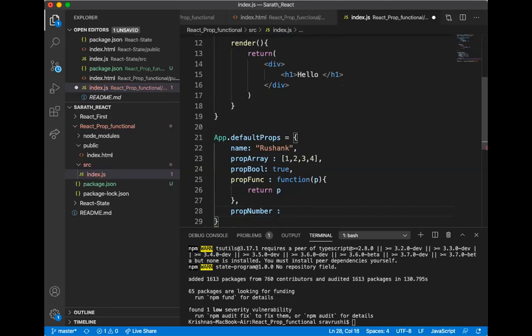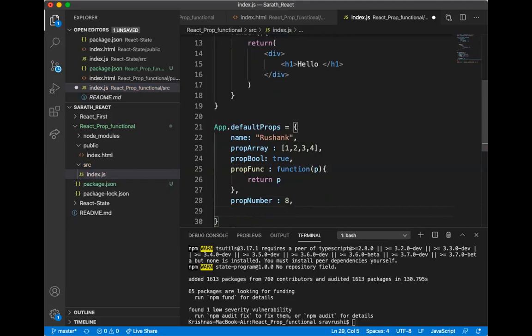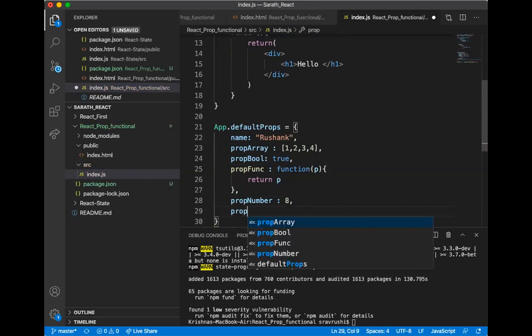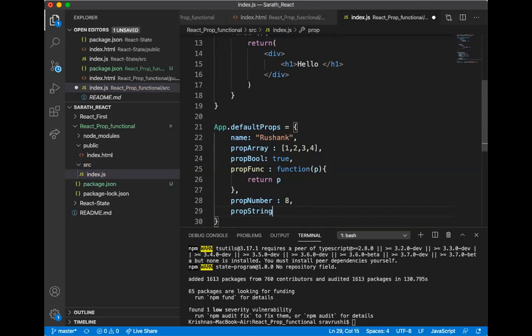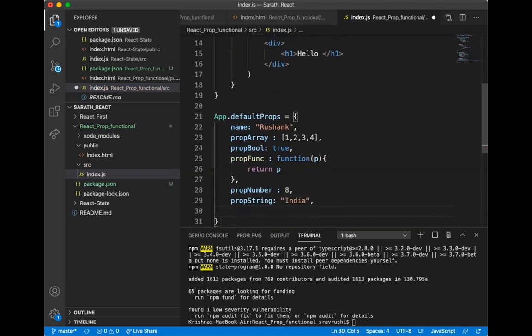So I am giving here some kind of 8, and also prop string. I'm going to use here some India, and also I'm going to give here some prop symbol. I think prop symbol, I don't know, this is fine. It's okay. So apart from this, whatever the props I have declared, whatever the properties I have declared